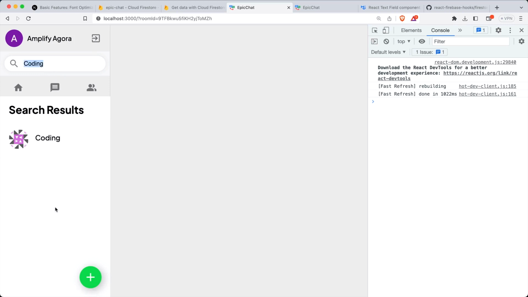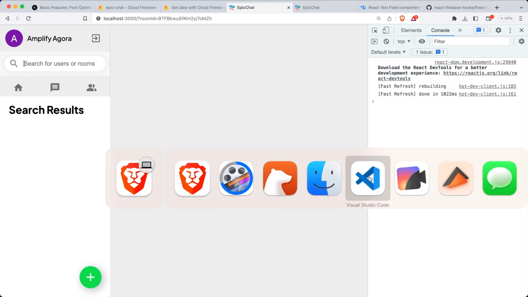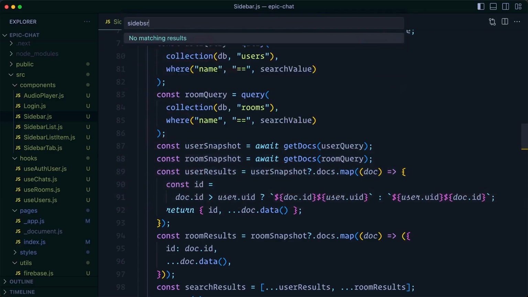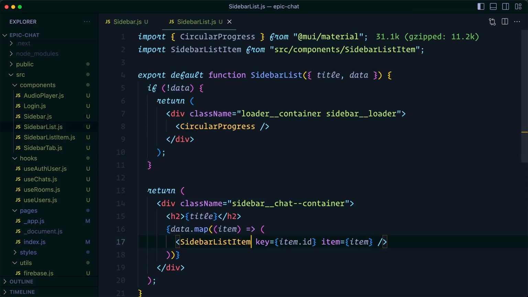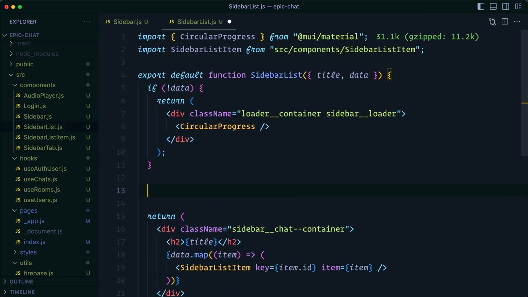So when we're fetching search results, we might not have any returned to us, and at the moment we just see nothing. This is a problem. It's good to tell our users when there's no content. So we can improve this by heading to our sidebar list component, and we can add another conditional after we're checking to see if there's no data. Here we can say if not